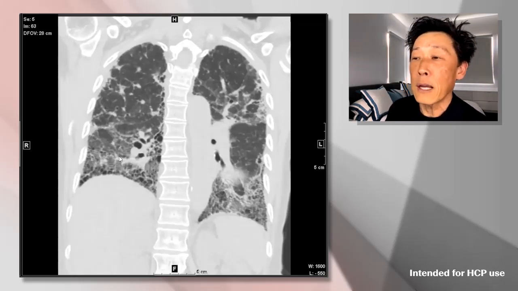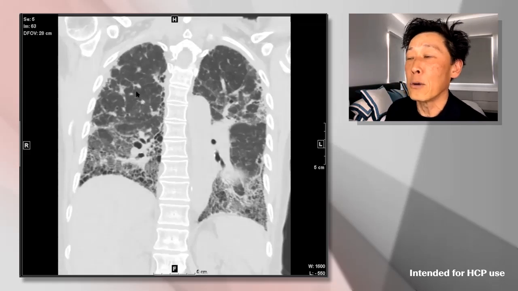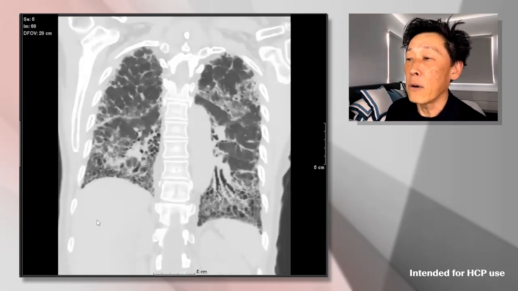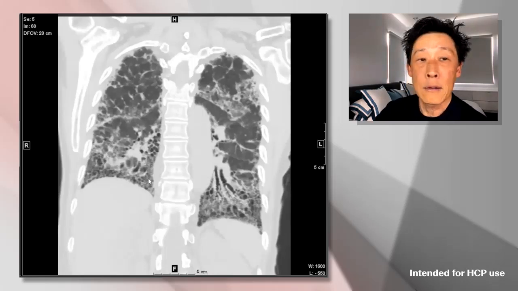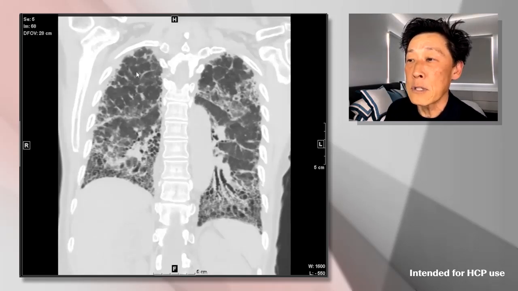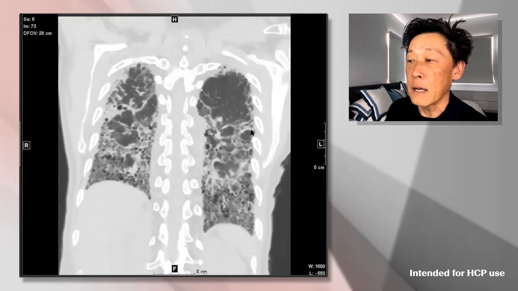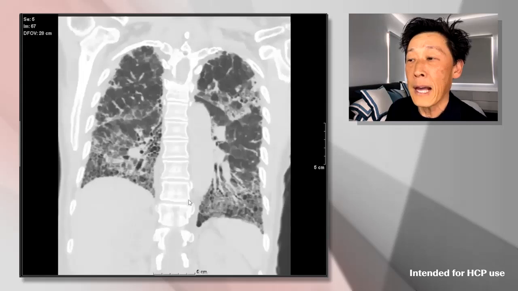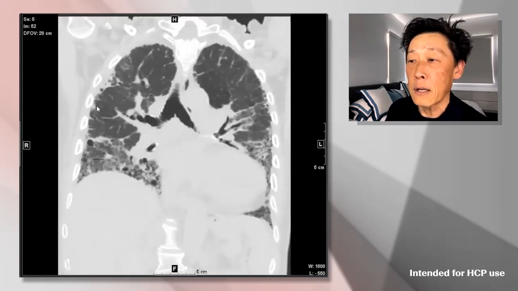Now, you don't have to recognize what this is, but if I told you to point to where the lung is the most abnormal, I think most people would point down at the bases here. And if I go a little bit further back, so we're heading to the posterior periphery, or the edge of the lung, and we see more of the spine here, we can see that, first of all, there's more abnormality as we get down to the bases, but notice that most of this disease is again out at the periphery or in the back. And if we look a little bit more anteriorly, you can see that again, it's a very peripheral process.